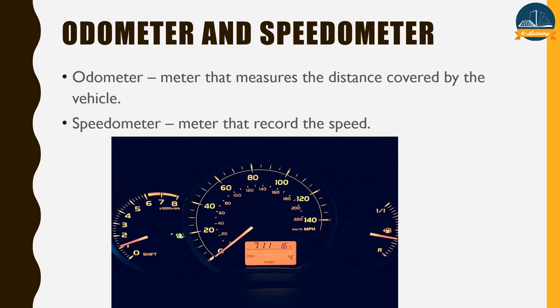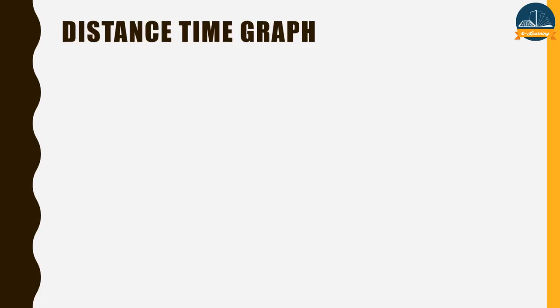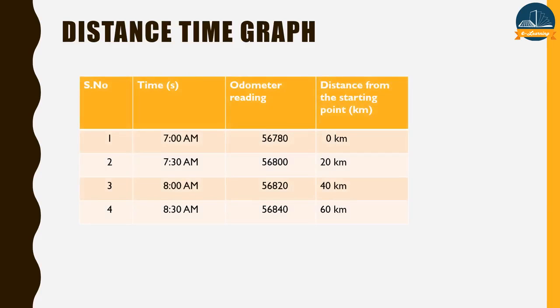Now, the last topic of this chapter we are going to discuss is the distance time graph. Here we have a table with some particulars or data like time, odometer reading and distance from the starting point in kilometers. Now, suppose you are going with your parents for a picnic. You started at 7 a.m. and your odometer reading by that time is